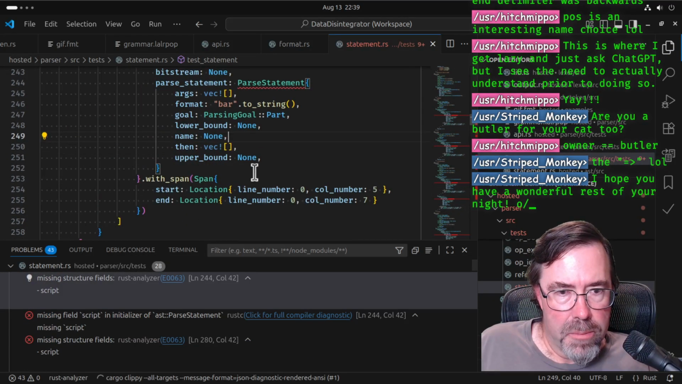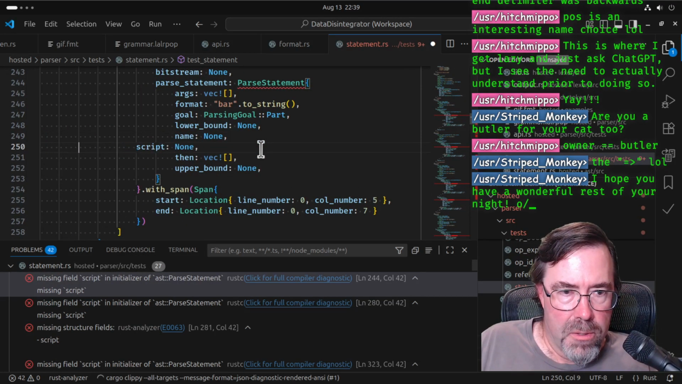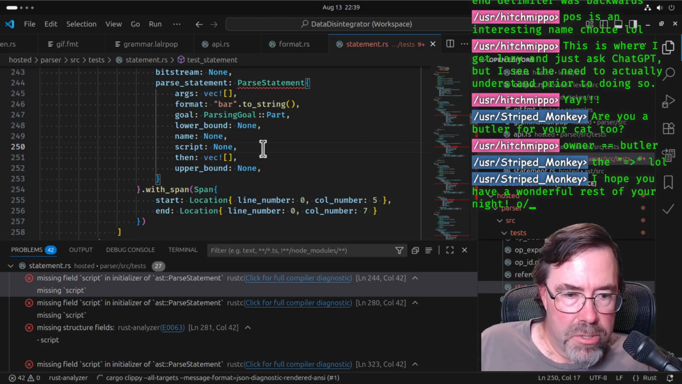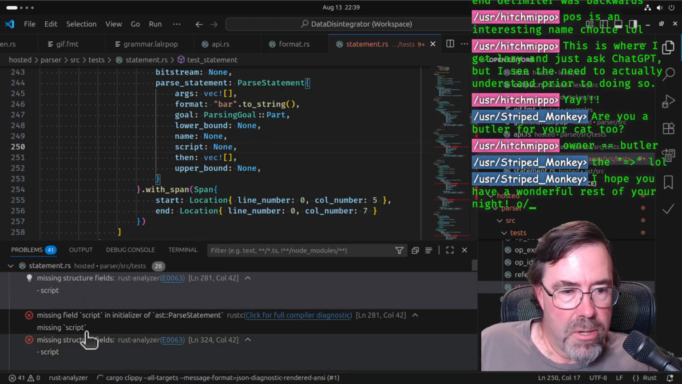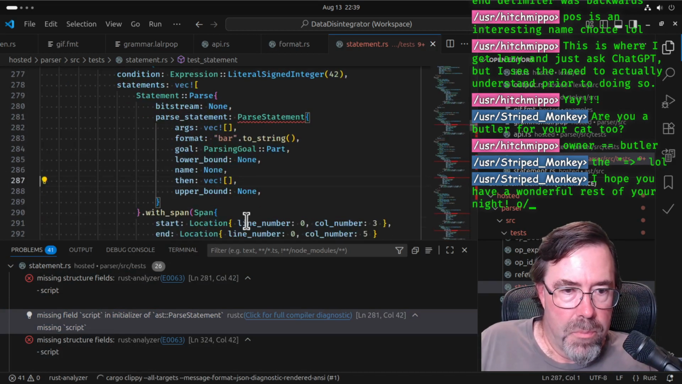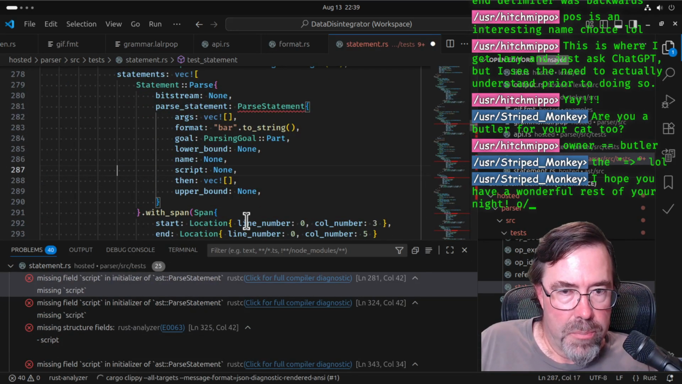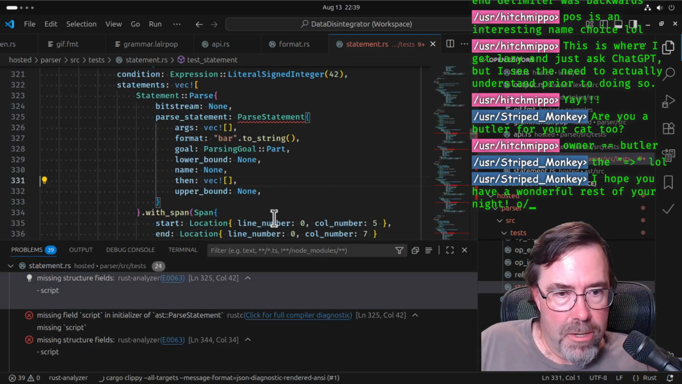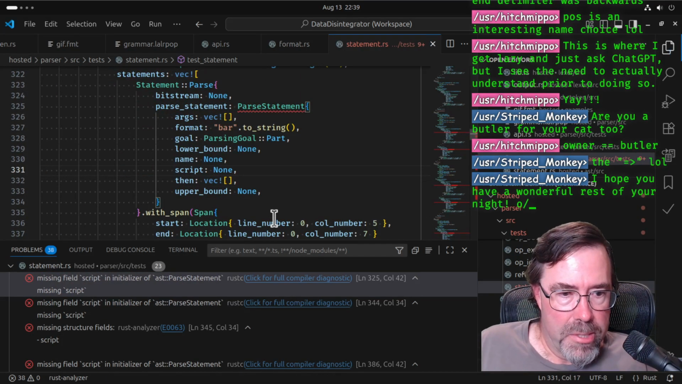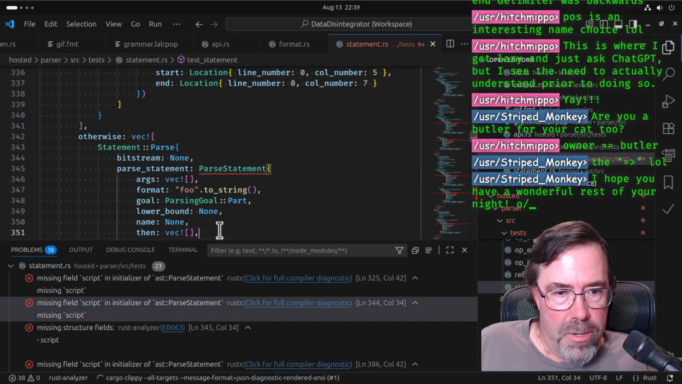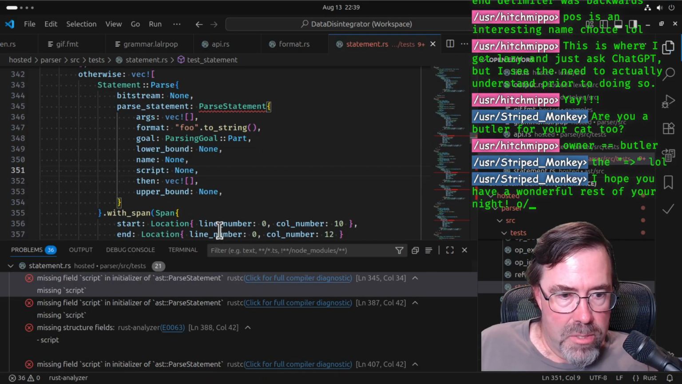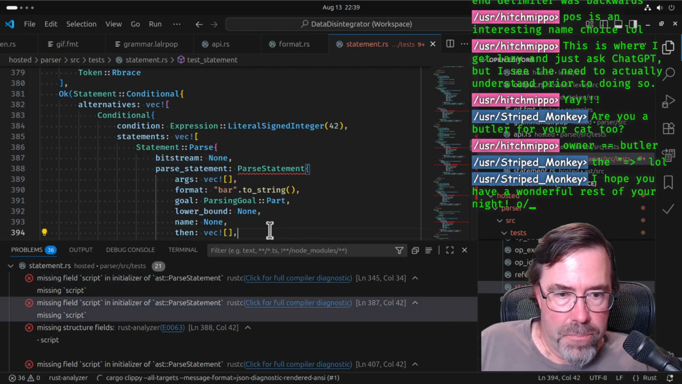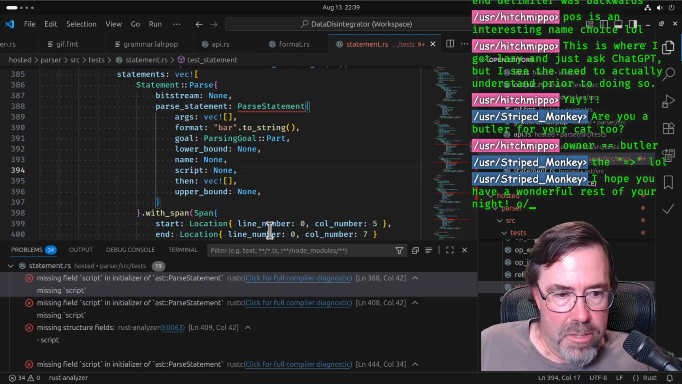Little bit of tedium here. Probably what I should do, I'm not doing it now because I'm dumb, but I should make a helper that constructs a parse statement from minimal information or using a builder. And then I would not have to be updating all my tests. But I am not always smart and sometimes suffer from